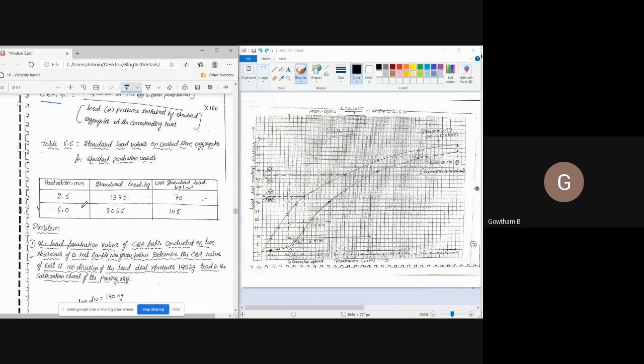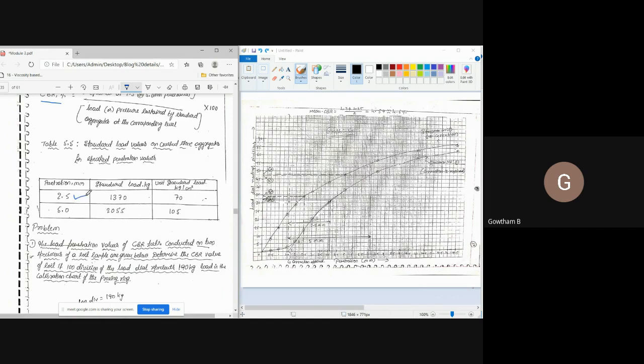Now, CBR is given by the formula: load or pressure sustained by the specimen at 2.5 or 5 mm penetration, divided by load or pressure sustained by standard aggregates at the corresponding level, whole multiplied by 100. This denominator value, that means load or pressure sustained by the standard aggregate at the corresponding level, is given by